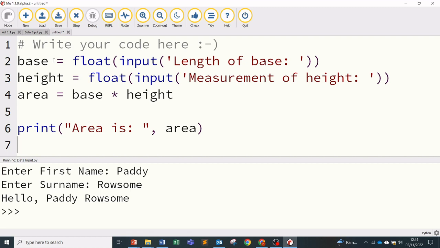So again, these are variables that we've assigned. So base, and we also have height, and that they're calculated. So the area gives us the base multiplied by the height. So again, it's asking us for inputs here, but there's an important thing we want to distinguish and think about